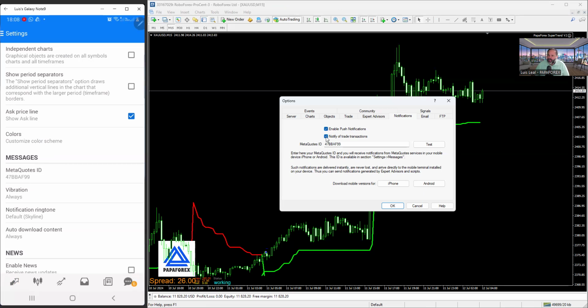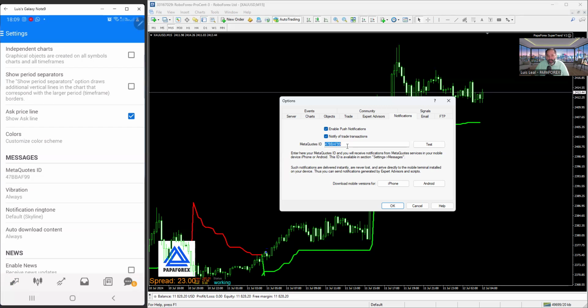If you want to enable this one also, it will notify you of trade transactions: anytime your trade is activated or placed, every time you do something related to a trade transaction, it's going to notify you. Right here where it says MetaQuotes ID, this is where you need to put your ID